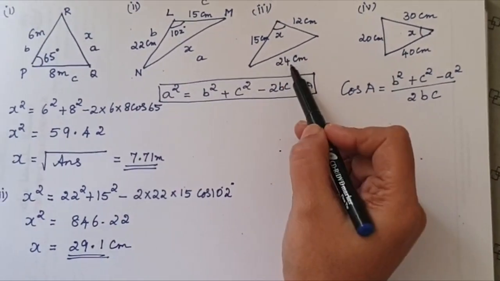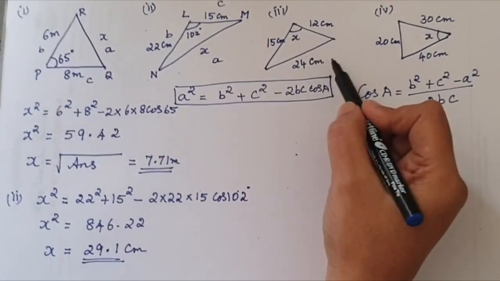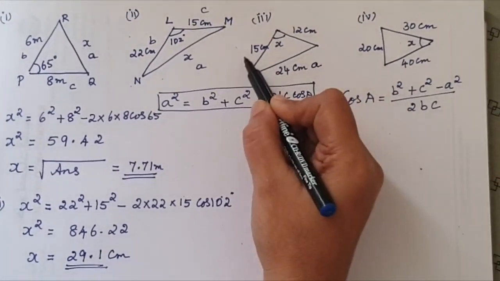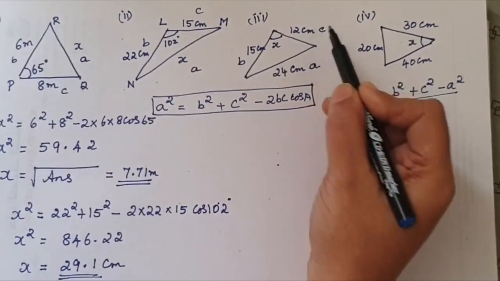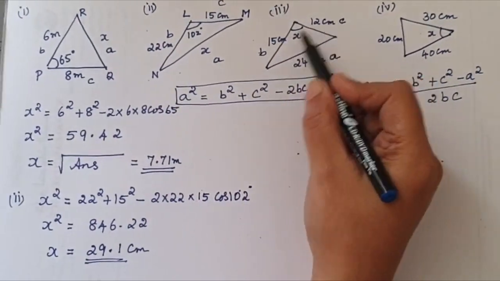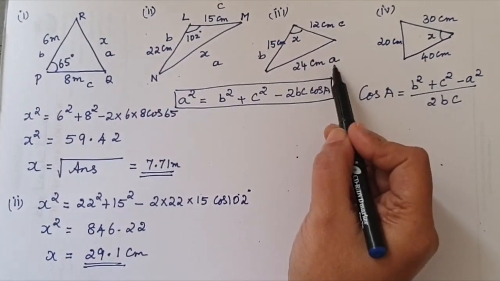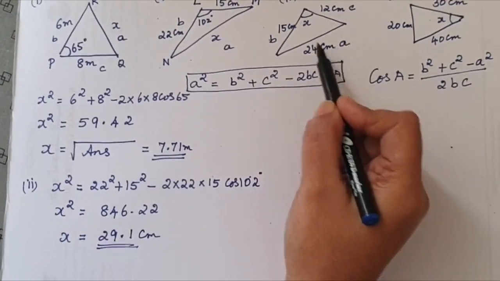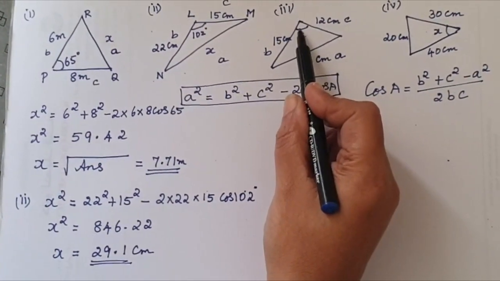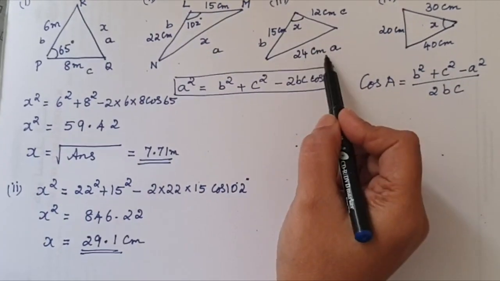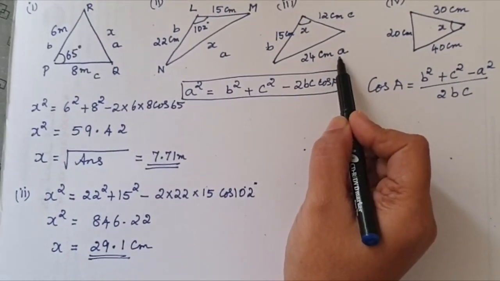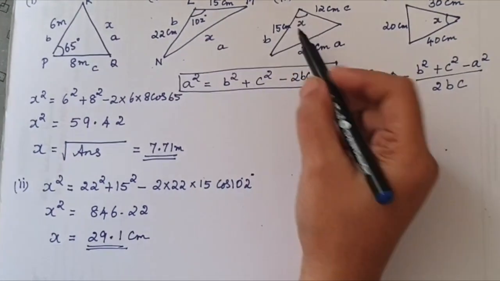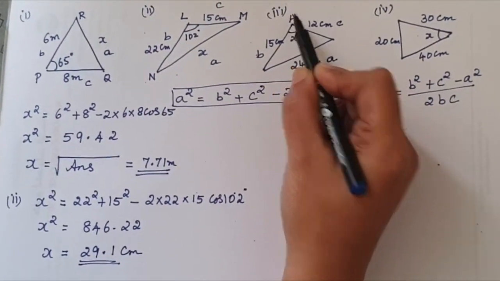The side opposite to the angle, mark it as A. The other two you can just write as you want. B and C can be interchanged. First fix A correctly. When you fix A correctly, the cosine rule is easier to apply. That is, the angle which you need to find is x. So opposite to the angle is the side A. So now let us apply. So this becomes our angle A in this case.